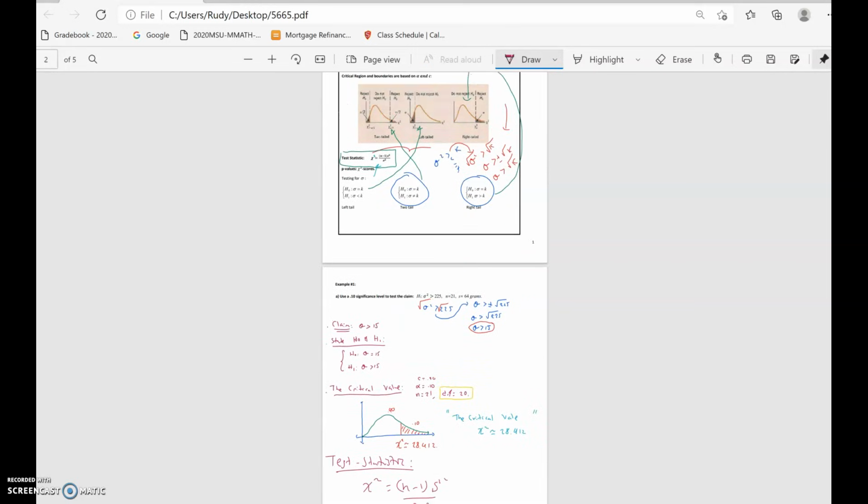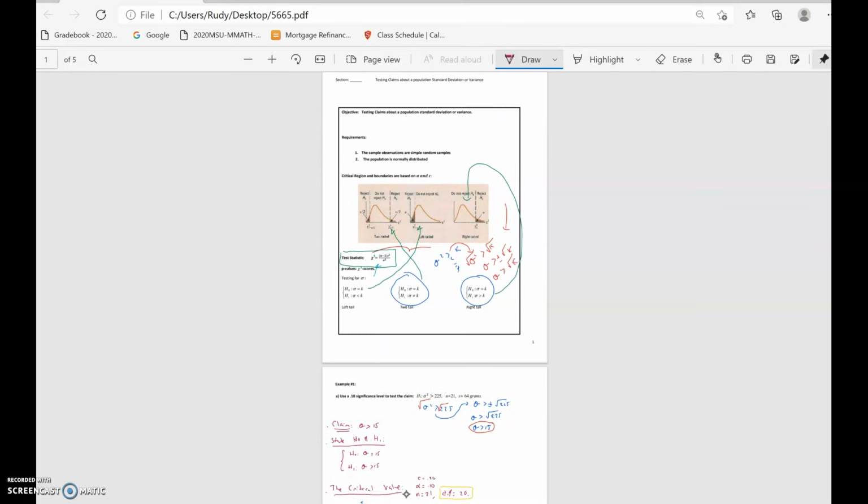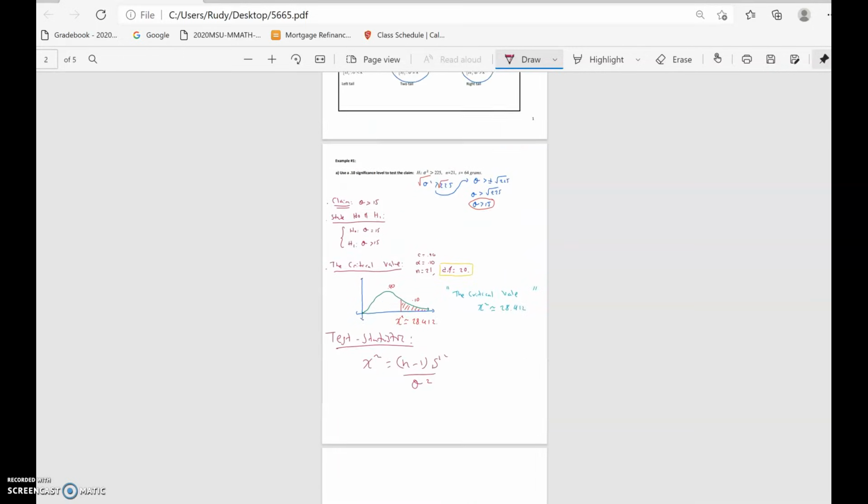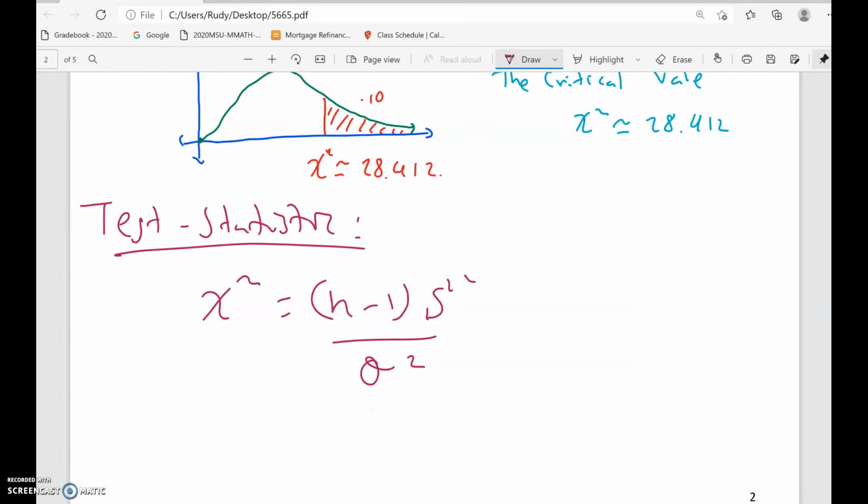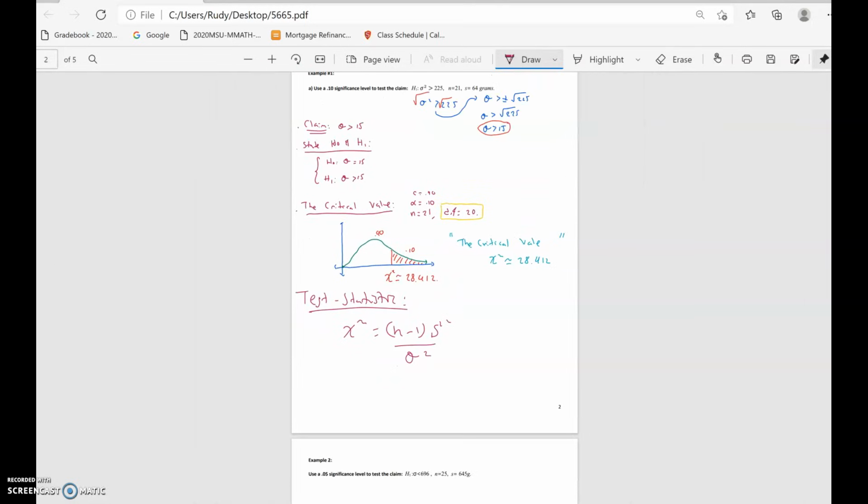Let me double check. There is a typo here, but it's supposed to be a chi-square value. And then our n is 21, so this one will have 20. s is going to be 64 squared. And then we're using the variance, 225. So I'm just using the original value there. And this is going to give us